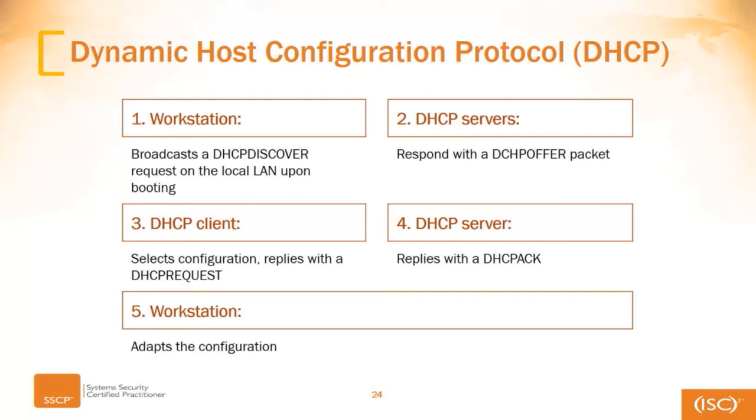Whatever has an IP-enabled interface on it, if it's going to request a DHCP-based address from a server, that's what's going to be using step 1. Just whatever that endpoint is. So we're going to send out, through broadcasting, a DHCP discover request on the LAN upon booting up. And when we do that, it is very important to understand broadcasting, because we don't have an IP address right now. So effectively, we have to send out a generic call to anybody who will listen out there, using what's called a broadcast address. The broadcast address is going to be all 255. So when we look at the IP address,